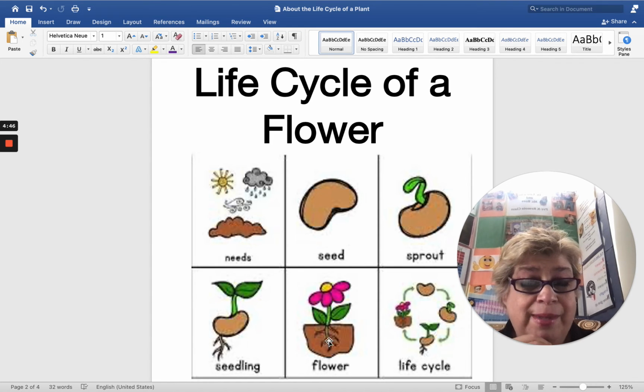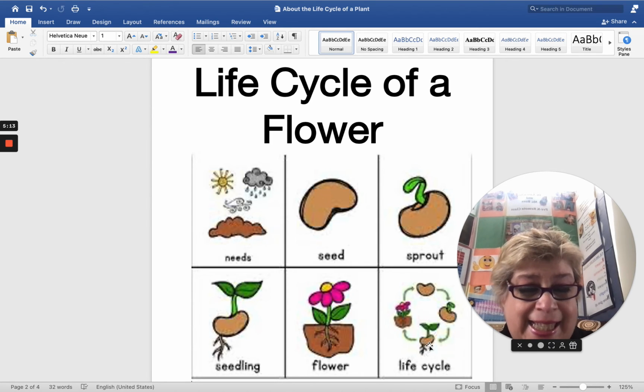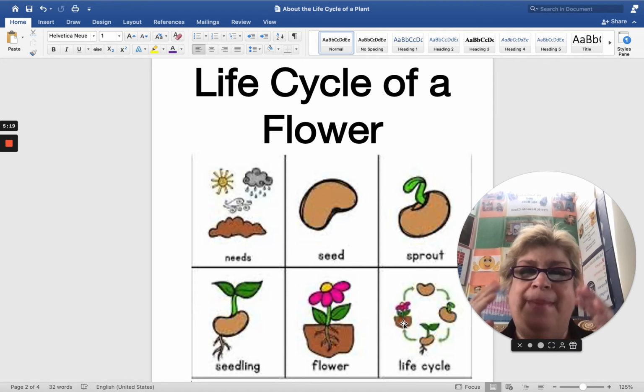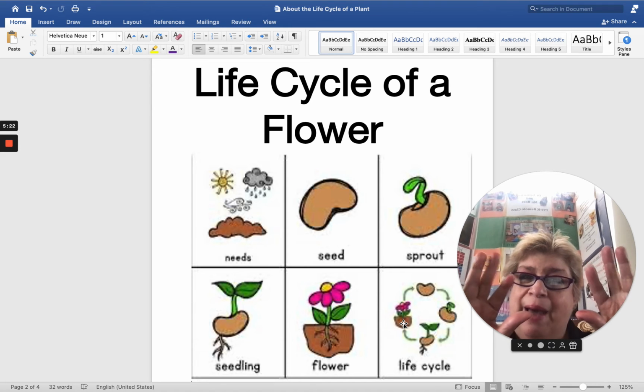And out comes this plant into a flower. Look at that beautiful pink and yellow flower. Isn't that amazing? Do examine it, young learners. And here is the life cycle. Once again, let's go through it. It's a seed, then a sprout, then a seedling, and there's your flower. Isn't that the most amazing thing? And we can do that with our hands. We can make things grow. Wow.